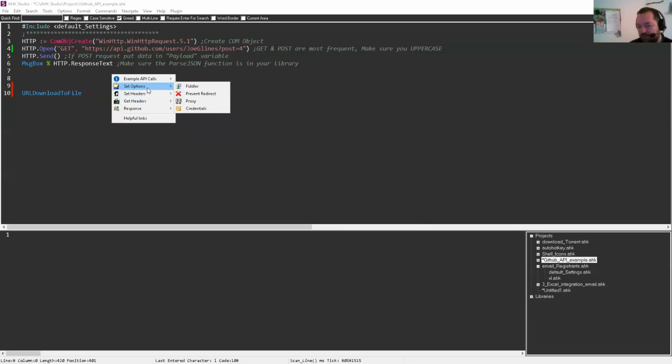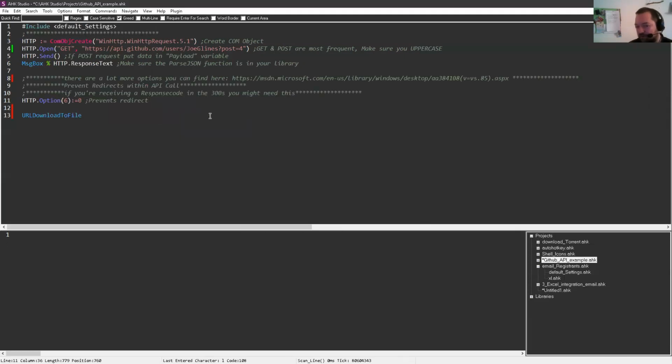But if it's a simple matter of scraping a very standard web page, then it can work. And if you want to get a value from an API call, then it could probably also work. But that's about the extent of what you can do with that command. And after that, it's time for the WinHTTP request.